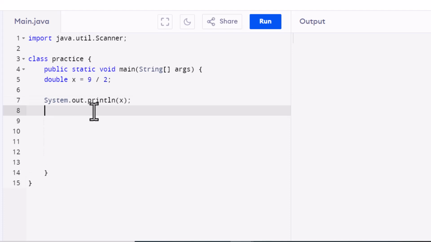Now, we would think, because this is a double, a decimal number, that it'd be 4.5. But in actuality, what's happening with Java is, because these are integers right here, it is going to make that division and then make it a double. So because this is 9 divided by 2 and they're integers, the result becomes 4, but there won't be a 0.5. So if I run this,